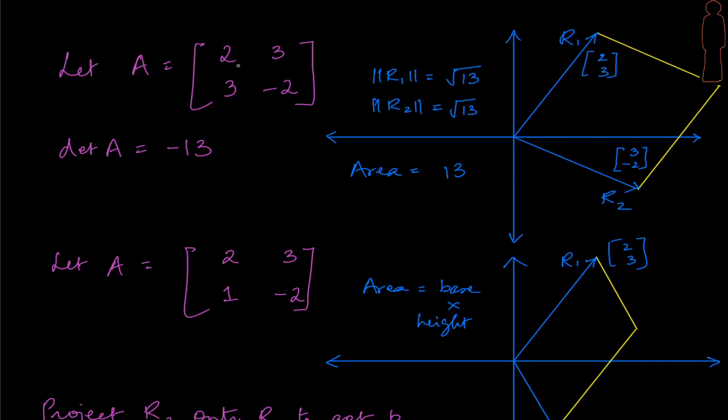Take a look at the determinant. This is a minus 4 minus 9, that's minus 13. We said we are finding the area. Yes, it's true, it's working. Oh, interesting. But does this work only for vectors that are perpendicular and orthogonal? Does it really work for any other vectors?